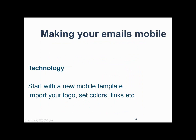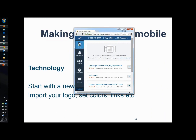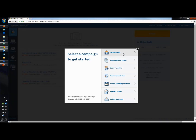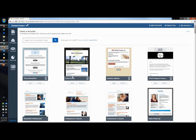So when it comes to the marketing, when it comes to your emails, we need to make sure we start with a mobile template. So we are going to jump right in and take a look at Constant Contact here. I have already logged in to my Constant Contact account, and depending on if you have used Constant Contact for a long time or if you are a beginner, this platform might look a little bit different. But as soon as we decide that we are going to create a new email from a template, it's going to look the same for all of you. So you will go in and look at all the different versions, and I want you to put mobile in here,